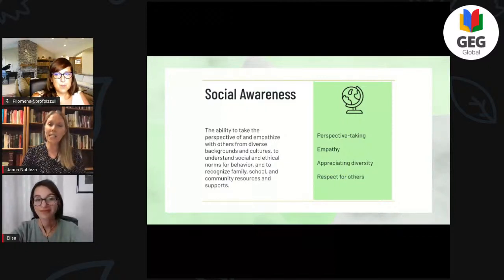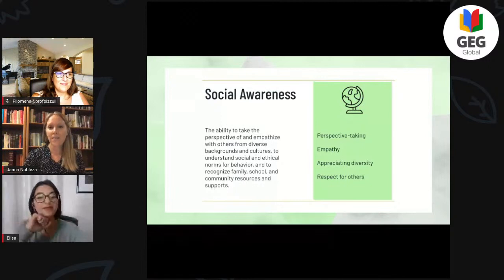And so us as teachers can show that social awareness by recognizing those things and being empathetic to our students, recognizing that we're not all at the same place. And then even going further to talking about equitable learning environments. I'm here in the United States. I live in the Minneapolis area, and there is a lot of racial tension going on in our country.